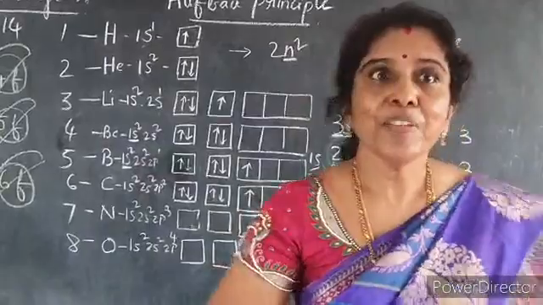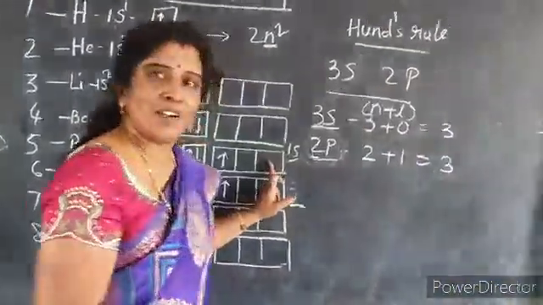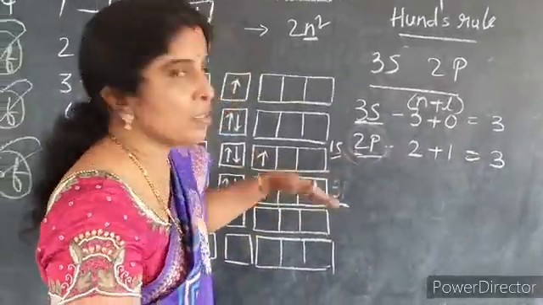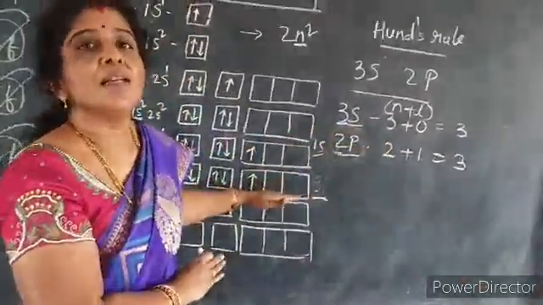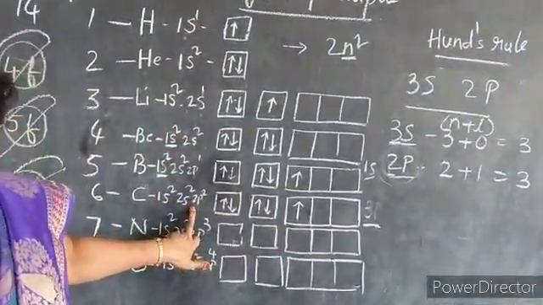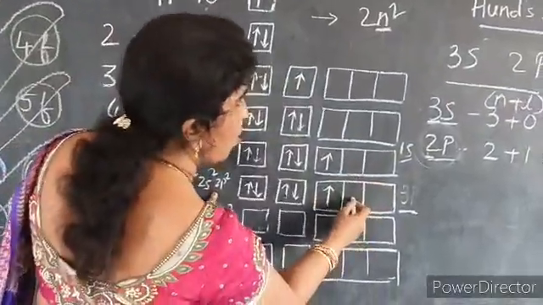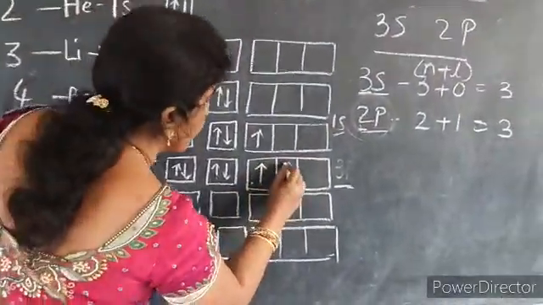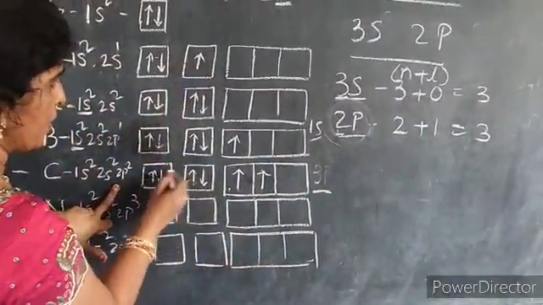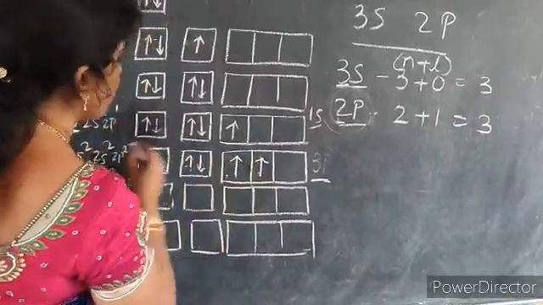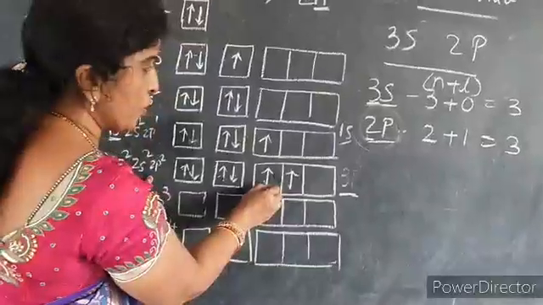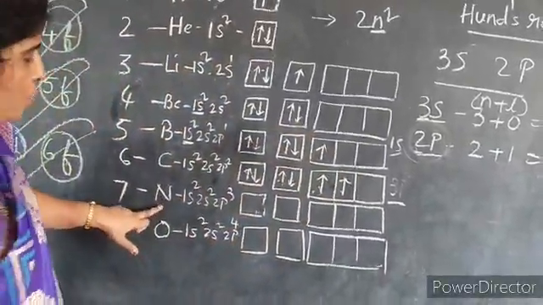Similarly, even electrons prefer empty orbitals first. So they will go to empty orbitals. Only if all the empty orbitals are half filled, then pairing takes place. So here the 6th electron in carbon will go to the next orbital, not to this orbital, children. With the same spin, parallel spin, whereas here you can see anti-parallel spins in this one. So with parallel spins, it goes to the next orbital but not to the first orbital of the p subshell.